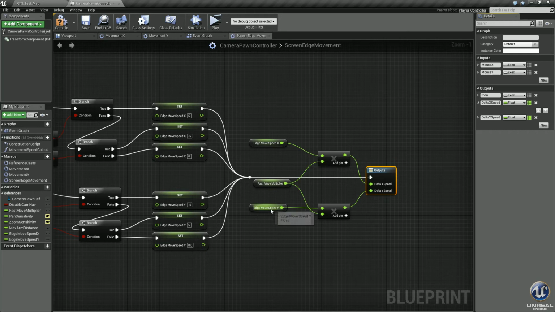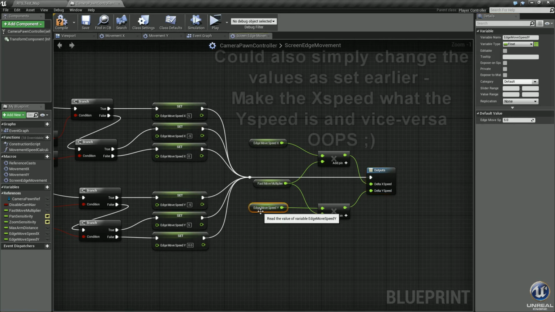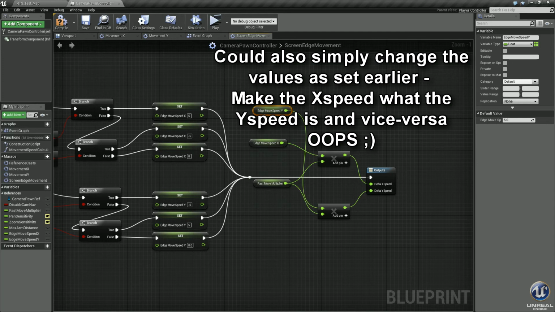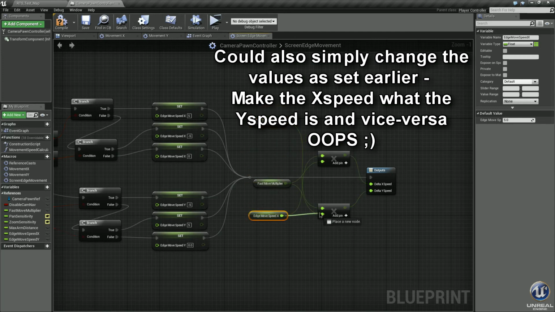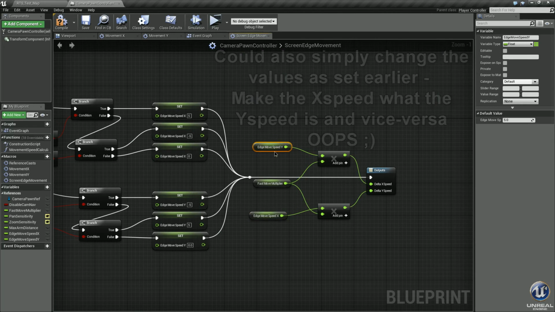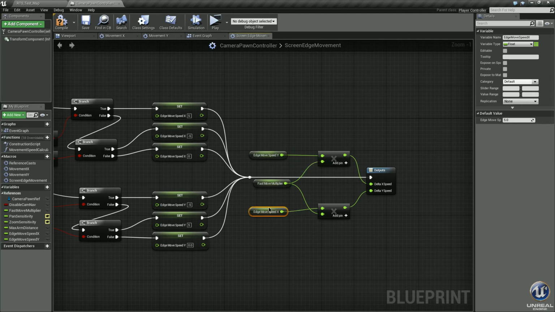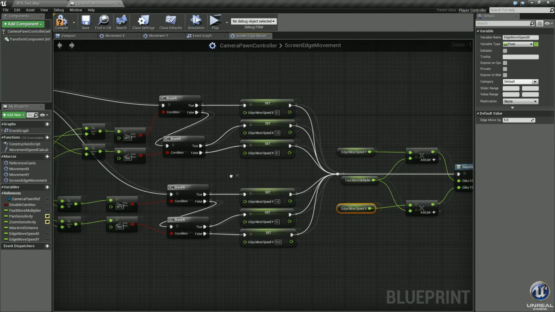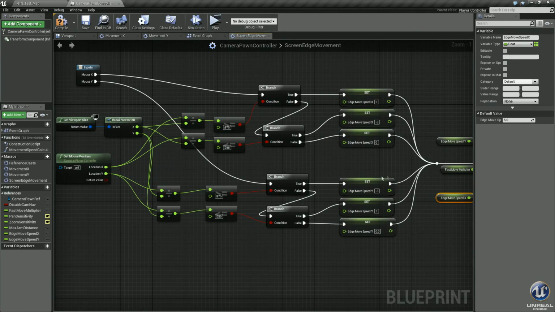And actually, we need to reverse these. I'm looking at this. I know this is Y and this is X, but for some reason, let me see here. Yeah, I know this seems strange, and actually, I can't remember exactly why, but these need to be reversed. Okay, let's take this one and plug it into the top there. Take this one, plug it into the top of there. And even though this is movement speed Y and this is movement speed X, we could have probably saved simplicity and named these backwards, but then it would have just been as confusing right here.